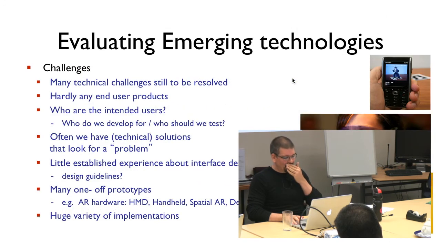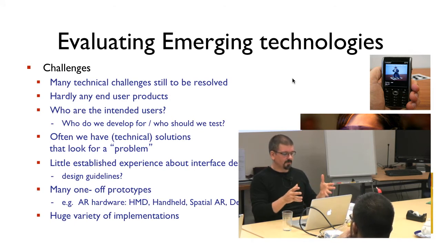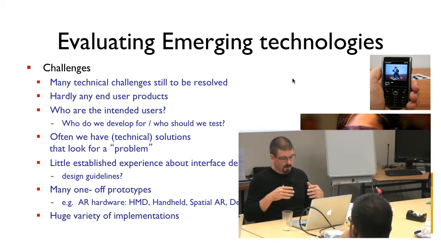Okay, just to go quickly through some of those considerations about evaluating emerging technologies, we won't have too much time to go into depth with those questions. But as I said, if you read this book chapter I put on the learning environment, it's basically most of the stuff that's in there. It's what we're going to talk about here. So we just go very quickly through those items. And if you want to learn a little bit more and read in more depth, then just read this book chapter.